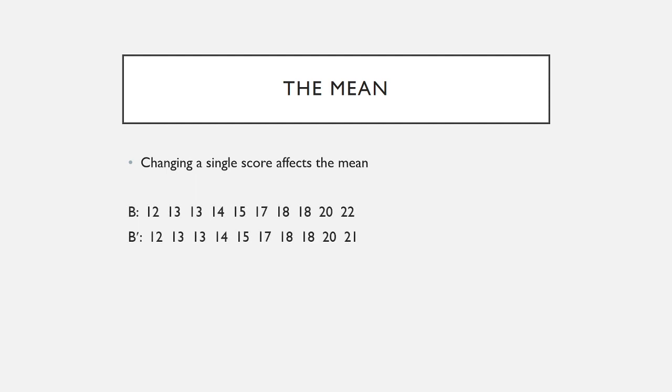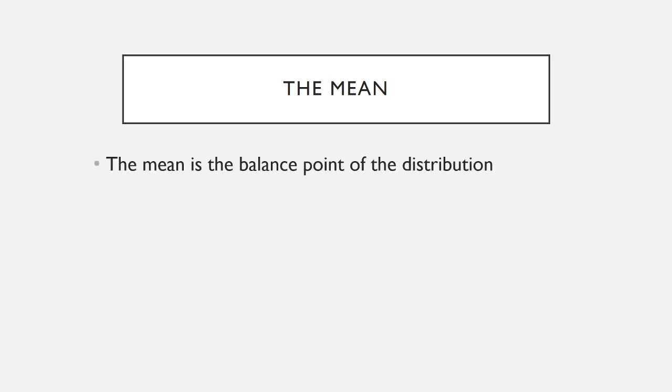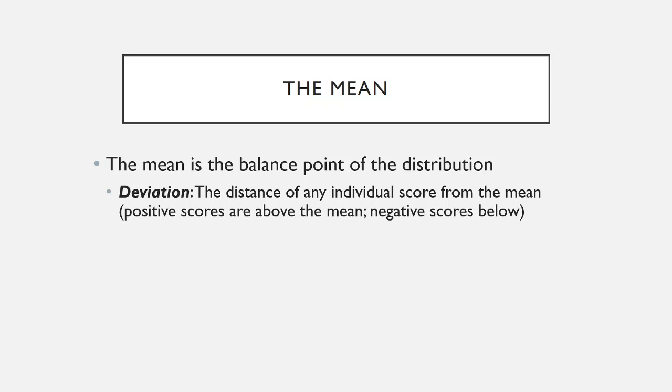Even just changing a single score by a single point can affect the mean. As you can see, these two almost identical data sets are only different in that the highest value is 1 point off. The mean takes that into account. So the mean will be impacted by any numerical fluctuation in your data. You can think about the mean as a mathematical or numerical balance point in your distribution. I'm going to explain what this means theoretically, and it's going to be a bit abstract, but it's going to be extremely relevant when I talk about standard deviation shortly, so try and follow along.